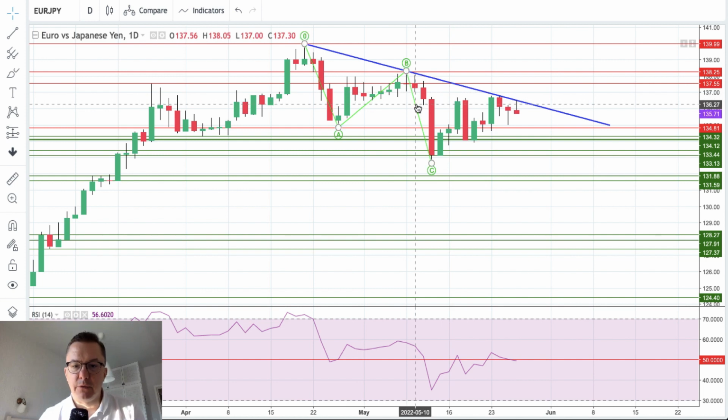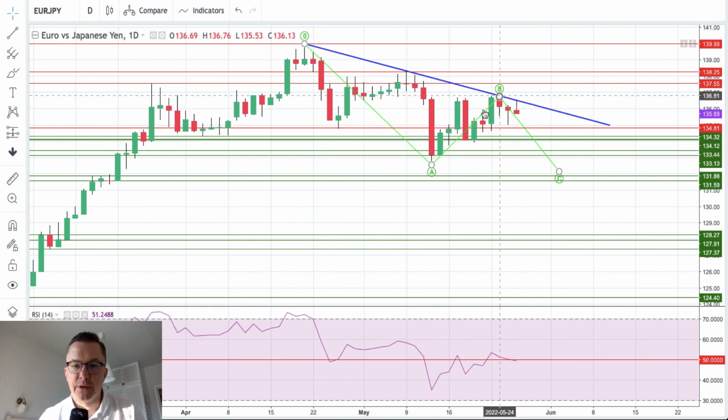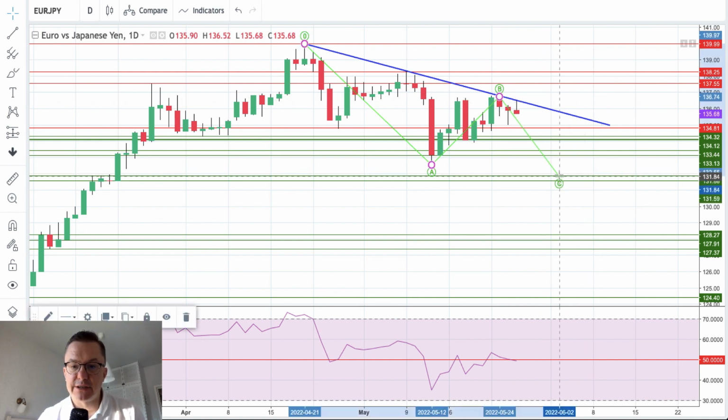So we can now remove the, or maybe we will just switch the cycles, right? So this is the higher cycle. It looks like the ABC to the downside in the form of the wave A has been done. ABC to the upside, B might be done. It's not definitely done, but might be done. So we should expect a down move towards 131.59 or even